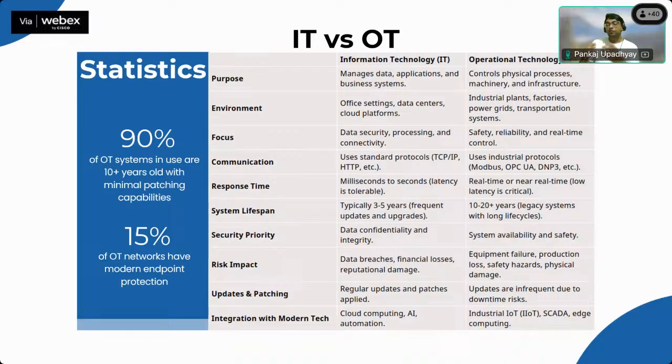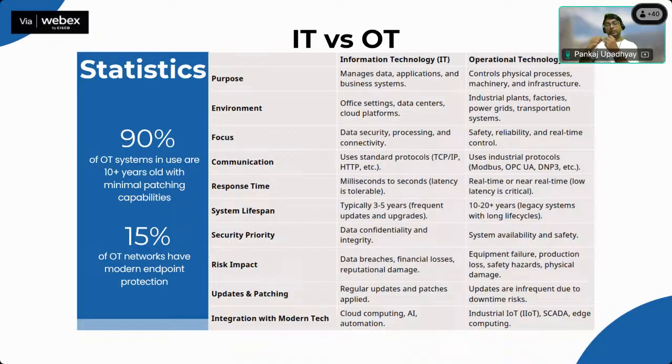But in OT, when you're managing a big plant and you're sending a command to change the value of a water pump, suppose you're managing the flow of water, what the flow should be. In a power plant, you have to regulate the power, the power factor. As well as the water flow, a chemical valve should be on or off. You have to change the direction of the complete process.